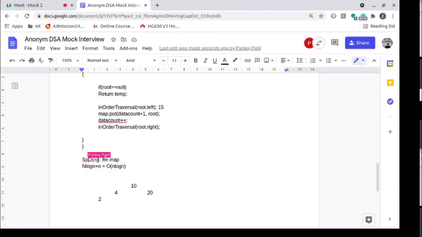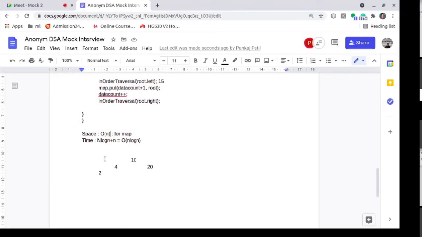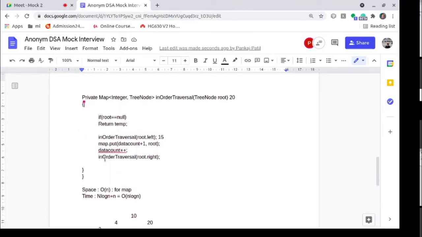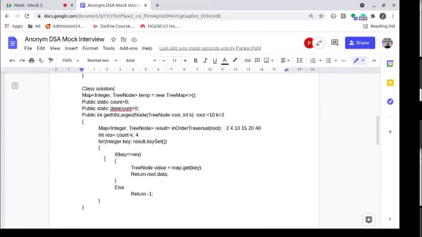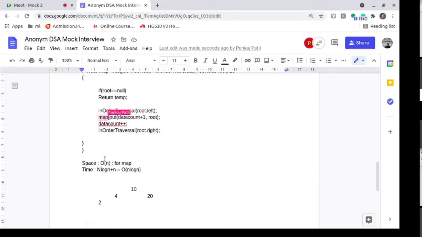Okay, cool. So now, can you do it without using any extra space? How would you do it without any extra space? We can use a heap structure also instead of map, so that we can get the max heap, but still it will have the space complexity. So if you do in order traversal,